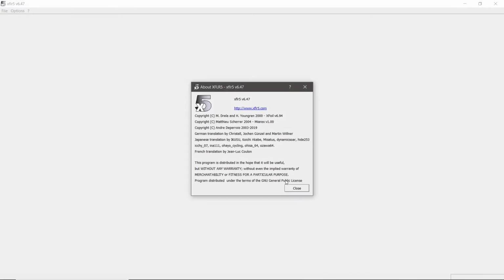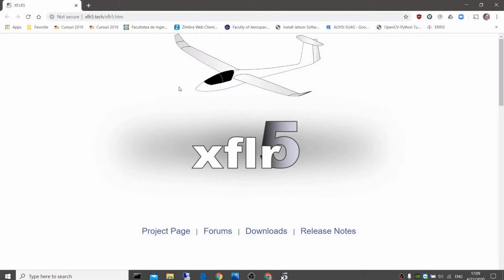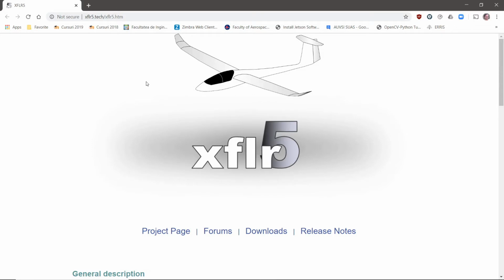XFLR5 is an analysis tool for airfoils, wings, and planes operating at low Reynolds numbers. It includes XFoil's direct and inverse analysis capabilities, wing design and analysis capabilities based on the lifting line theory, the vortex lattice method, and on a 3D panel method. XFLR5 is open software and can be found at